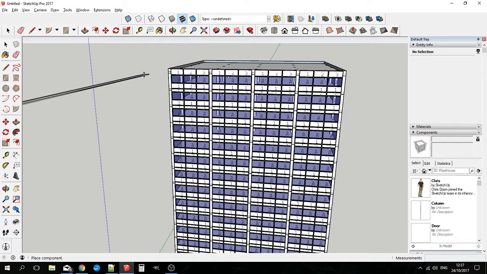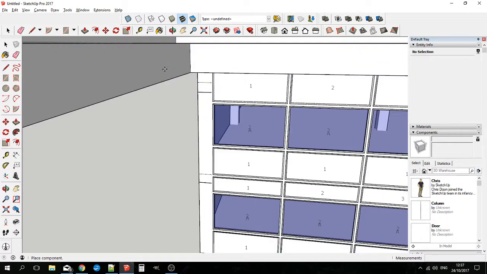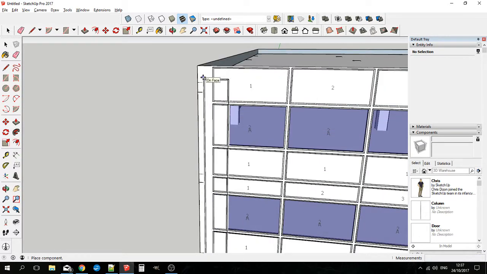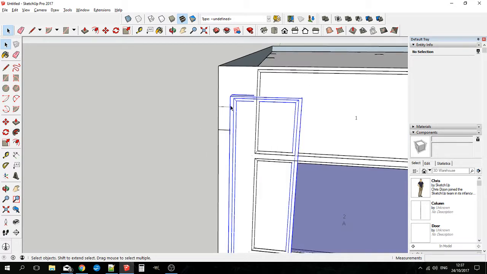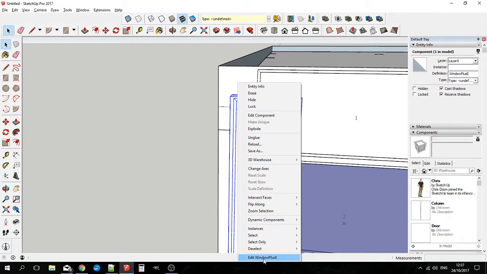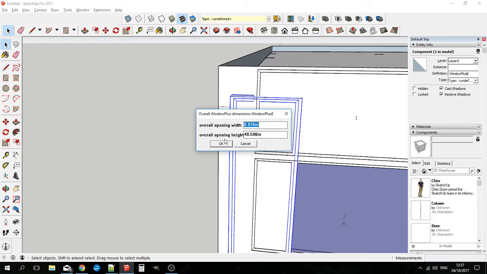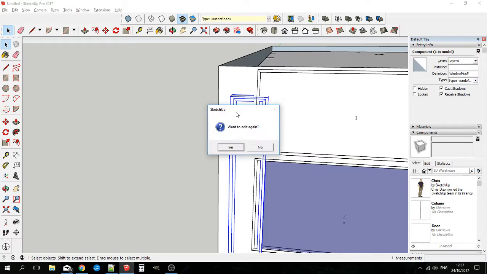There it is. Again, it's a bit slow because of the sheer size of this model now. So that's that. And we'll just move it into position. I'm just wondering about the size of it. Did I get it the right width? No, I didn't. 0.45. I don't know what happened there. That's more like it.